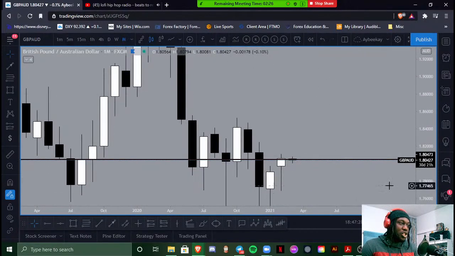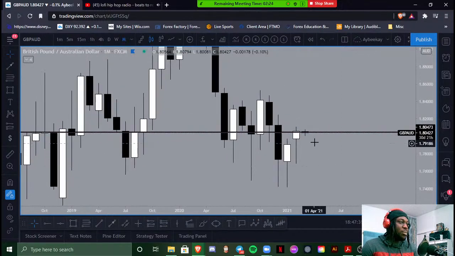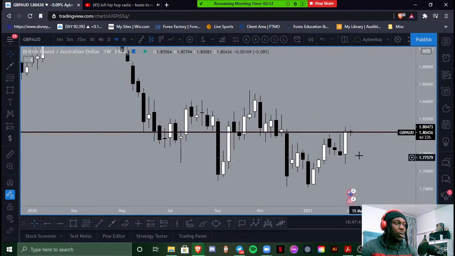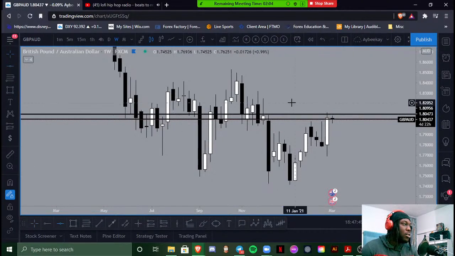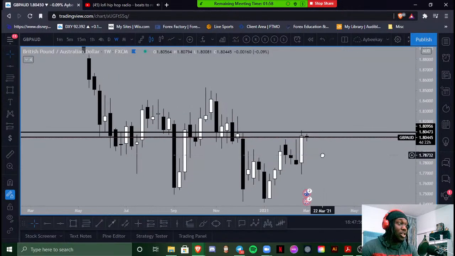Last month it's showing a hammer printed out, so that could be a good possible indication that price might be moving to the upside, but you don't want to make any of those arrangements quite yet, right? You want to wait for price to do these things before you get into anything. I'm gonna go ahead and draw this out as well, because this could be a good supply zone for price to hold at, because I'm still personally looking for